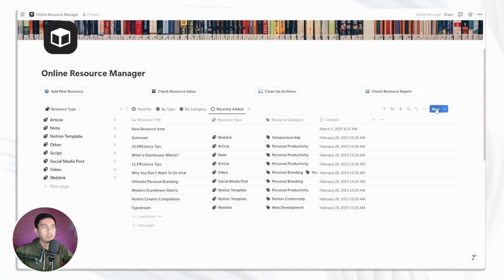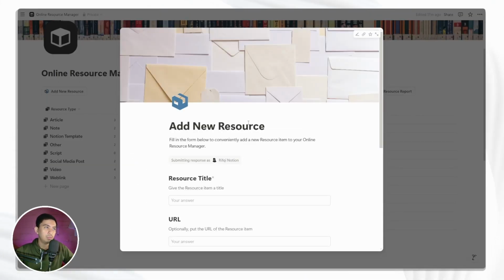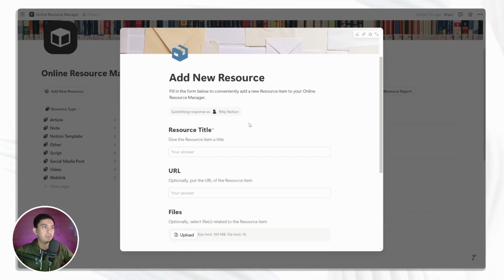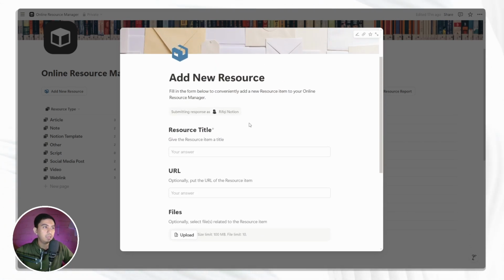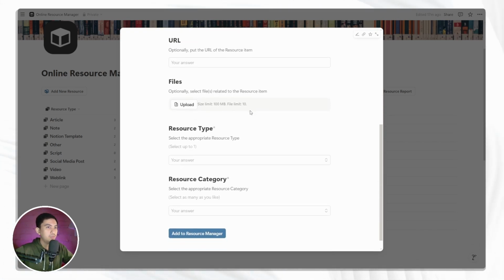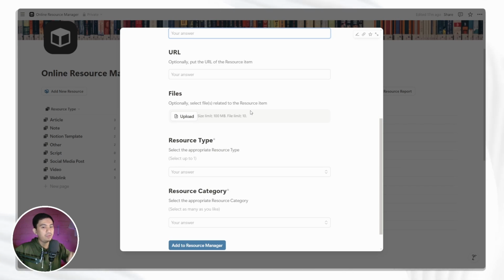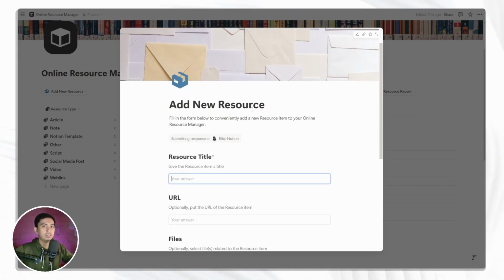But what you can also do is go into this add new resource button. It's going to show you a pop-up with a form where you can fill in all of the mandatory information of the new resource. Using this one, you can very sequentially and effortlessly add a new resource as you like.